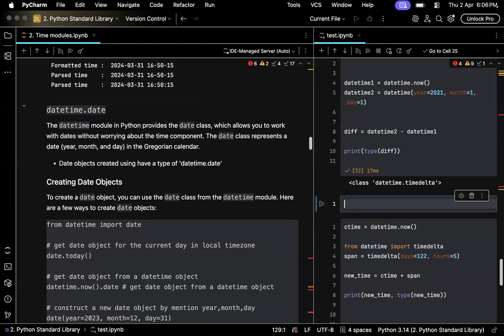We can create custom time deltas just like how we create date times and dates, by importing it from the datetime module. Or whenever we subtract two date times or two dates or even two time objects, it will automatically return back a time delta object, and the resulting time delta object can be arithmetically operated on with any other